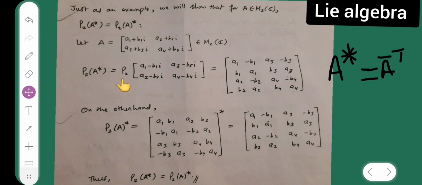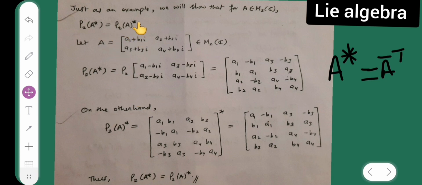So now rho 2 of this entire matrix is this 4 into 4 matrix. So this is A1 minus B1, B1, A1. Similarly you have to do it for A3, A2 over here, and then this B4 part. On the other hand, you have rho 2 of A with the star outside the bracket.